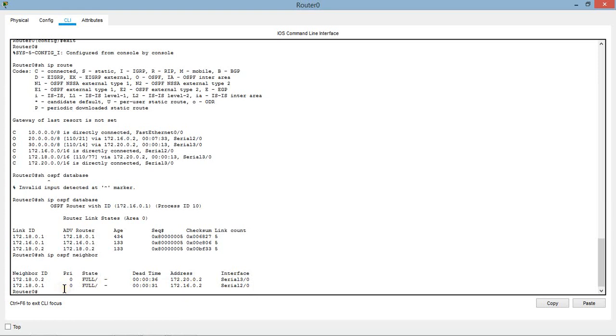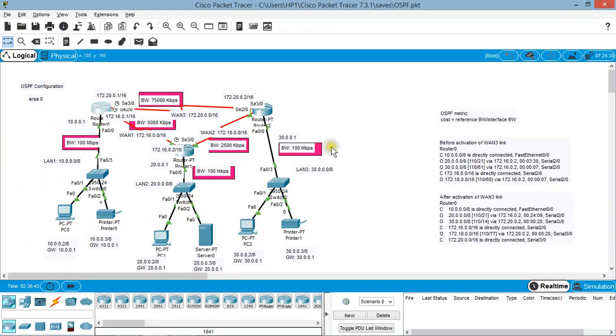Similarly, you can check the OSPF neighbor tables and the OSPF database entries on the remaining two routers. So this completes the OSPF configuration and the checking of the updated OSPF routing tables, neighbor tables and database tables.